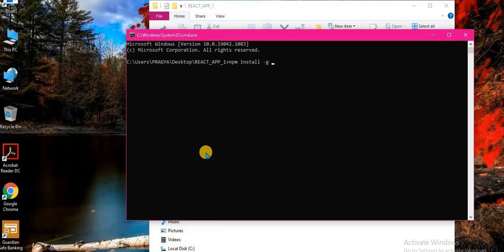So this will be the first step. Once you do that, then only go to the next command. Since I have already installed create-react-app, I'm not going to execute this command. Since you are creating a React app for the first time, just write this command and press enter.